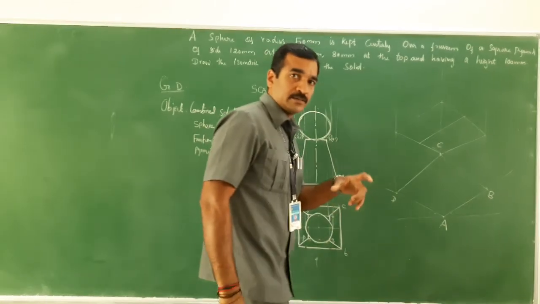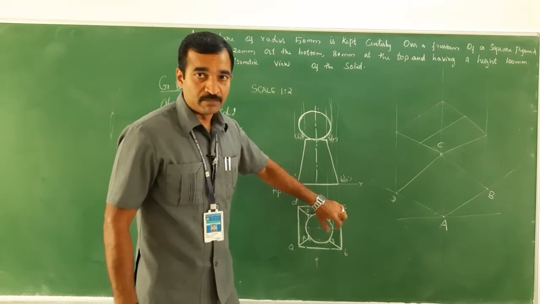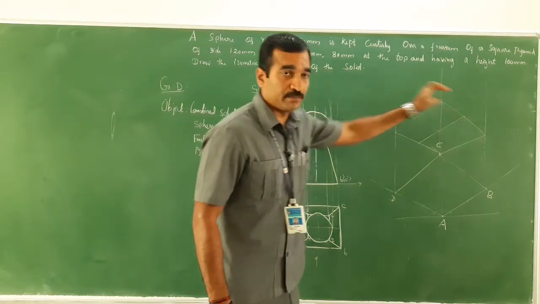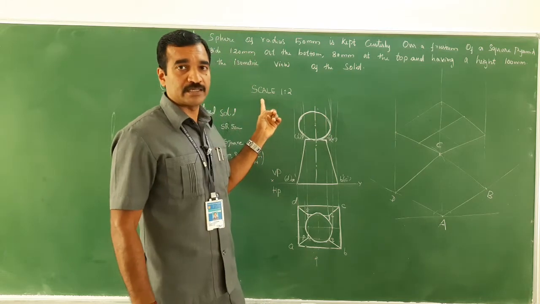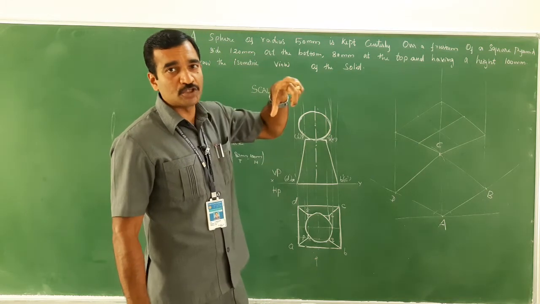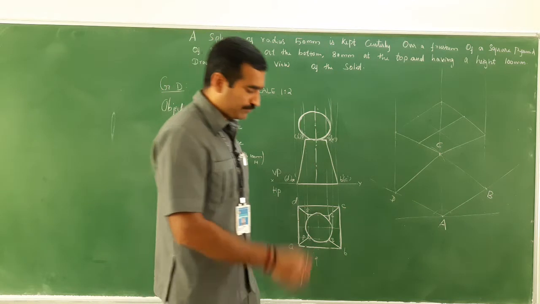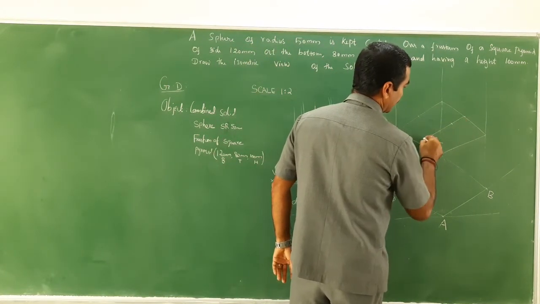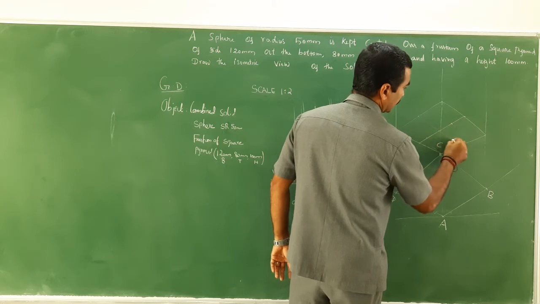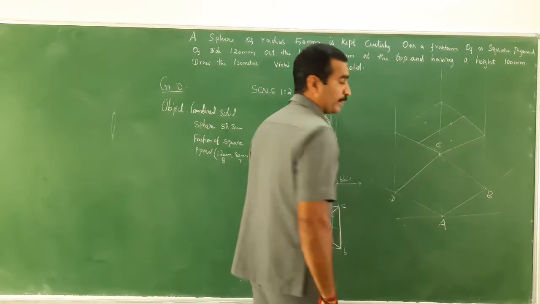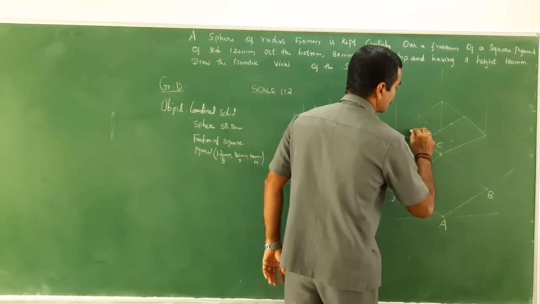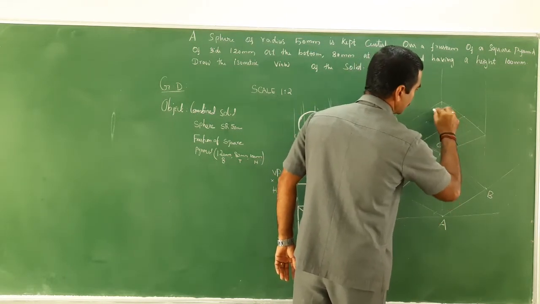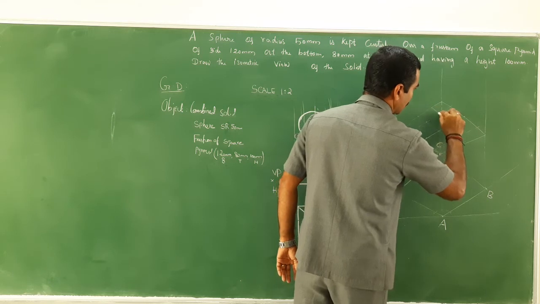Now take 40 mm, which is considered as a total of 80, so one side should be 40, and since the scale is considered, it should be 20 mm. The total should be 40 mm, both sides of 20. So take 20 mm here, cut it here, here, here and here. Now draw a parallel line to this. Parallel line to this. Now parallel line to this.